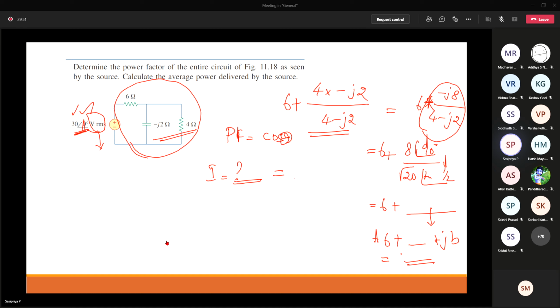So now from this current I can calculate. This current is obviously Irms because the given voltage is RMS, so the current we calculate is also going to be RMS. So Vrms, Irms cos theta. From the angle we get for the current, the angle difference between the voltage and current is going to be theta. So cos theta will give you the power factor. Average power is Vrms, Irms cos theta. That way we can easily solve this network.